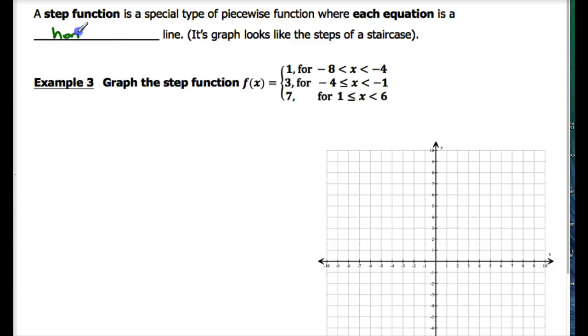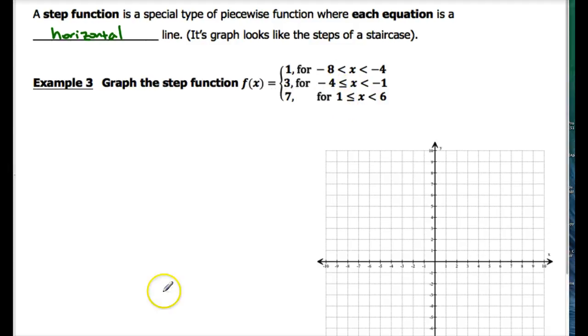And it's called a step function because once you get done, your graph is actually going to look like the steps of a staircase. Okay, so this is what a step piecewise function looks like. It's basically a bunch, again, of little horizontal lines. This says f of x equals positive 1 for x values between negative 8 and negative 4. f of x equals 3 for values between negative 4 and negative 1. And f of x equals 7 for values between